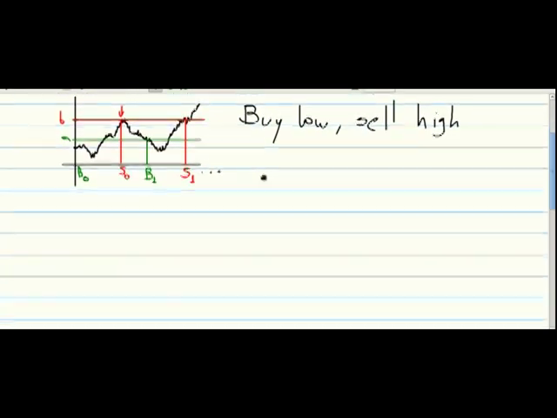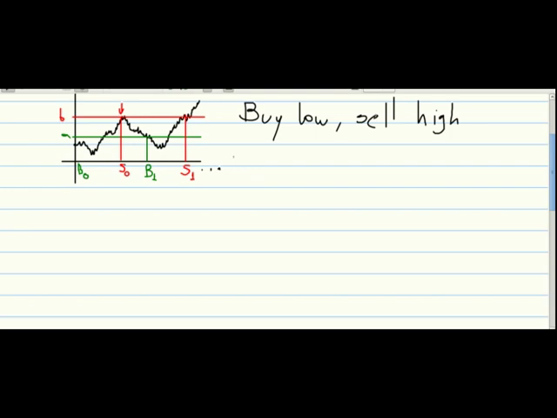Now we need a way to express this in a rigorous form, right? What are these times, b0, s0, b1, s1? And what is the function h that we're trying to describe? So b0 is going to be simply -1. So we always, like if we imagine that we bought this martingale before it even starts. Okay. And now we define